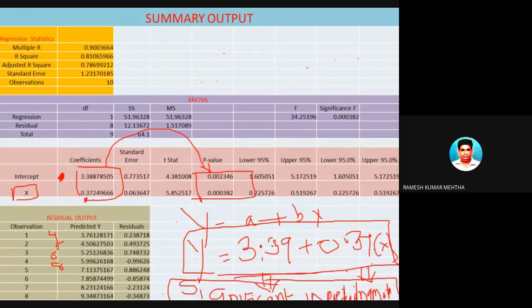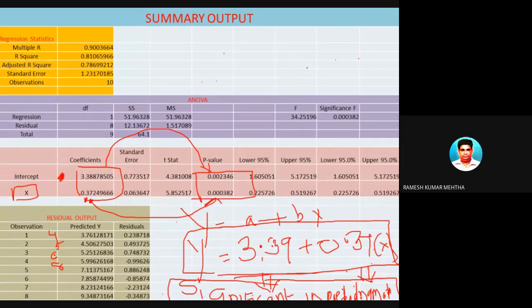You got the value of x as 0.372, and go to this figure, which is the p value, 0.000382. Now, how do you interpret this? How do you understand this? How do you decipher this? What do you take out of this 0.00382? So I'm explaining it. Please look, understand and listen to me very carefully.